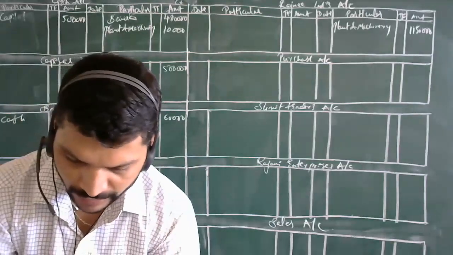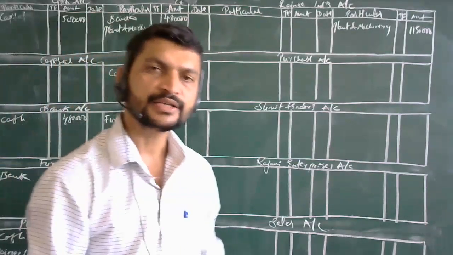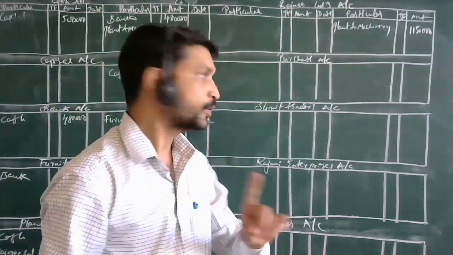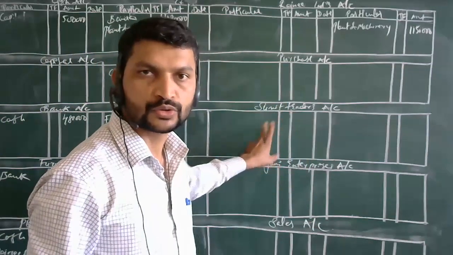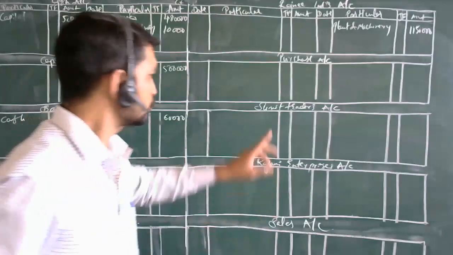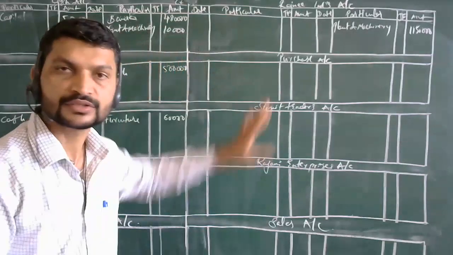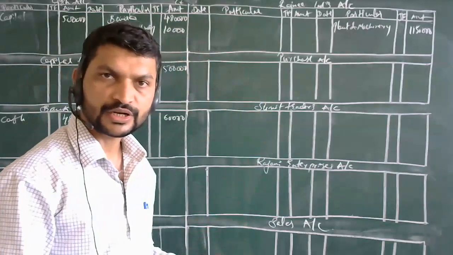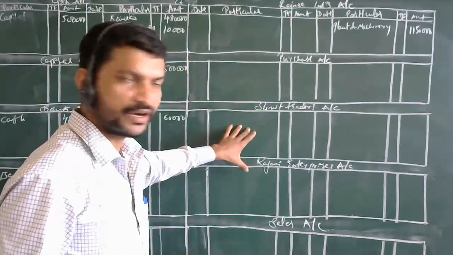Now what have you done over here? You have purchased goods. So what all things will be coming here? You are going to take purchase account and Sumit Traders account. So, purchase account debit to Sumit Traders account. This is the journal entry, how we have taken the journal entry over here: Purchase account debit to Sumit Traders account.